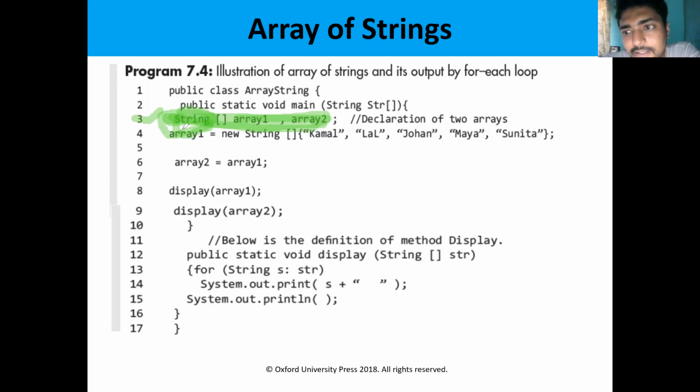So we are using the string class here. String is a data type, a non-primitive data type. We are declaring the arrays array1, array2 as type string. String means we have to include double quotes. Char means single quotes. String means we have to give double quotes. Same as for integers, the way you have declared the arrays will be followed in strings also.